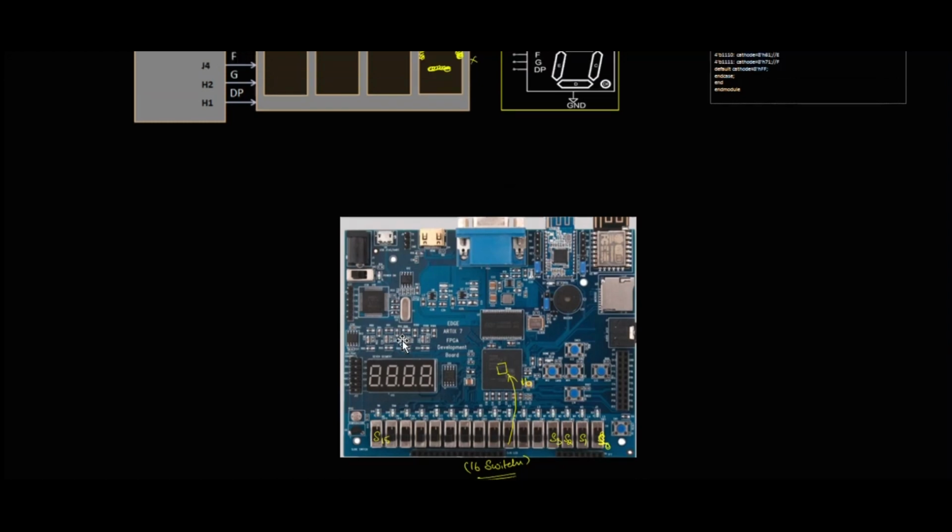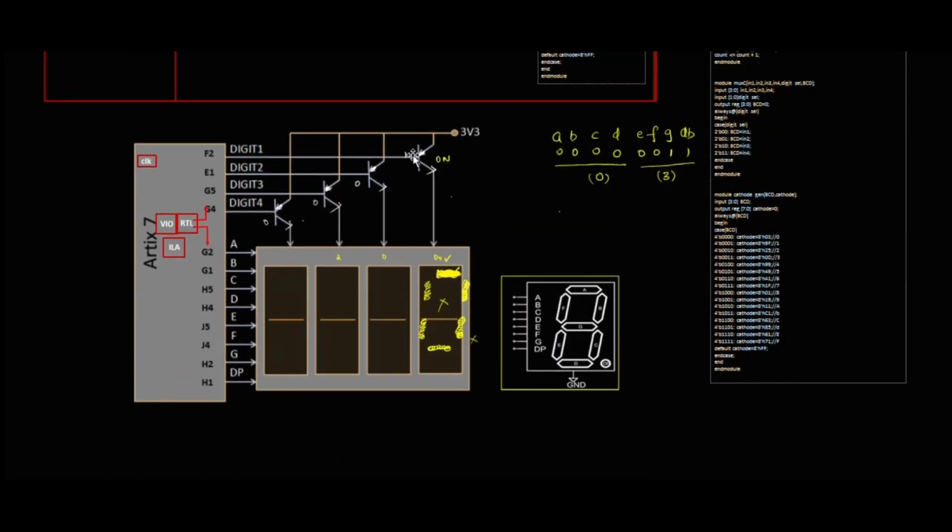So for that I wanted to check the schematic of the 7 segment display, where it will be driven with the Artix core with 4 inputs as anodes, 8 inputs as a cathode. So it means 8 inputs and 4 outputs, right? It means